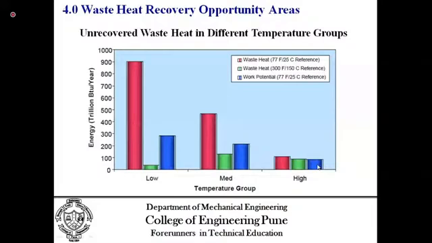As compared to the low temperature, you will notice that there is a very considerable margin of heat that can be recovered if it is ideally released at 25. But even if it is released at 150 degrees Celsius, which is the feasible temperature, there is still a higher scope of work potential, and hence this must be targeted. Now, as an engineer, it is our responsibility to suggest and design the equipment and systems which will recover this low temperature waste heat effectively.